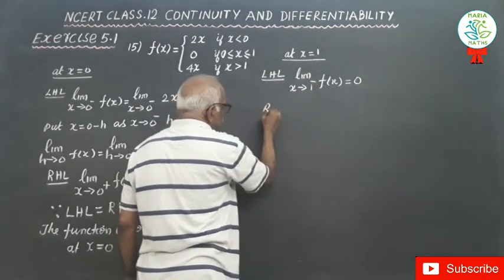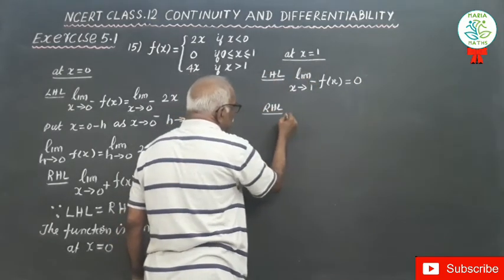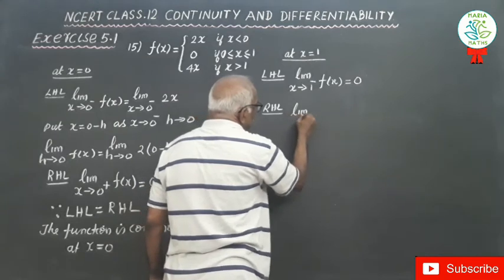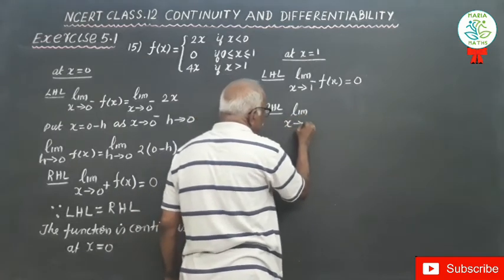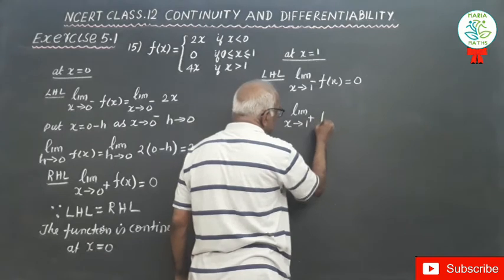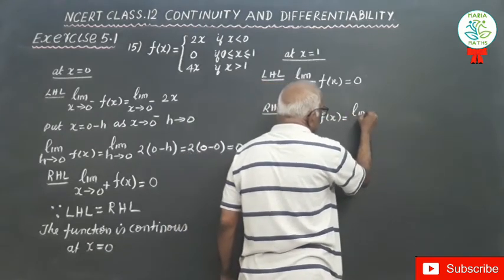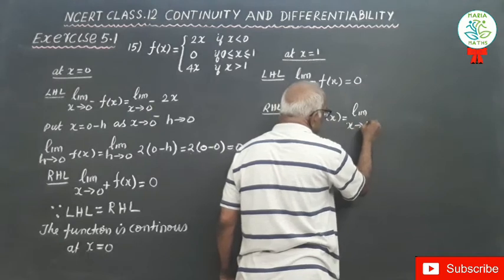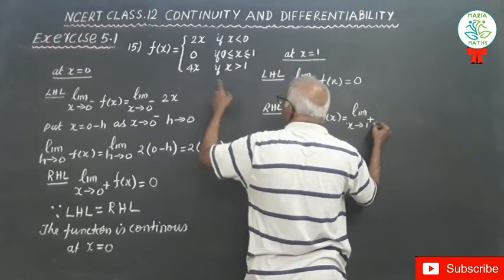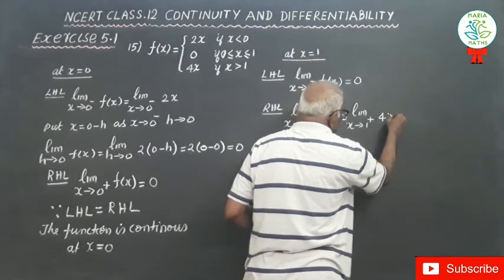Then RHL: limit x tends to 1 plus f of x is 4x. Now put